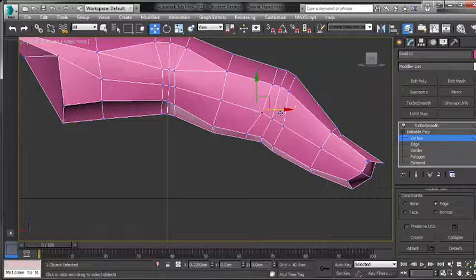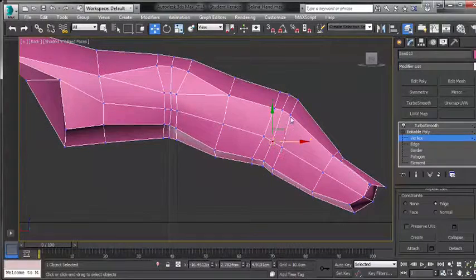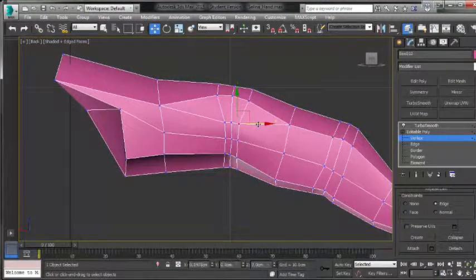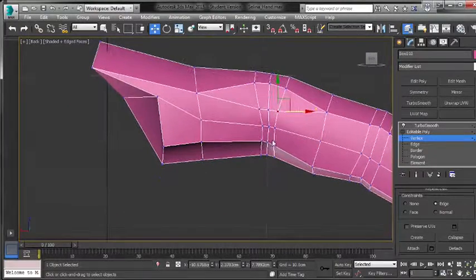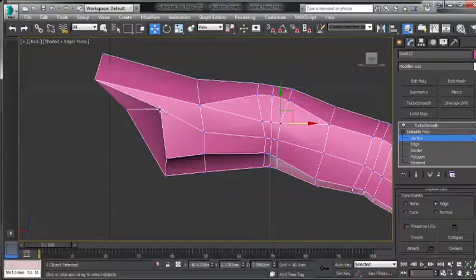So just moving everything back in, making sure that we're still maintaining the shape after the rotation that we did. So just spreading these out a little bit more. And what we'll do here is we'll actually cut in an edge here. I think